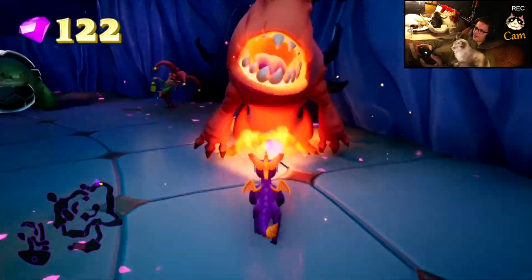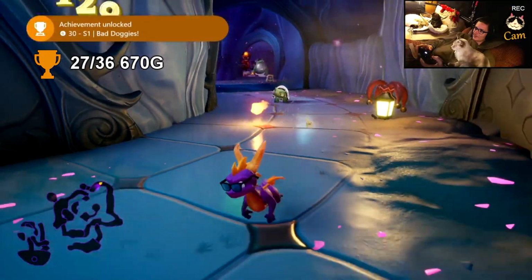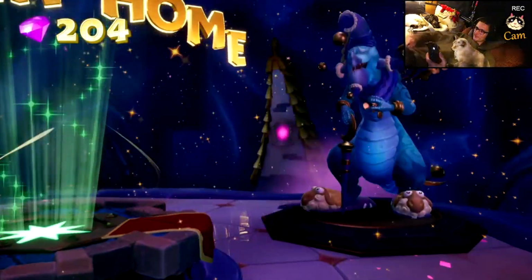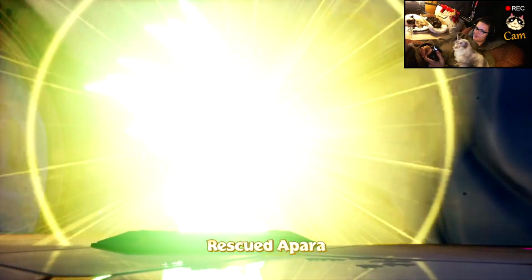and right behind him we're able to get our next achievement, which is just flaming 3 of the demon dogs while they're in their large form. Near the level exit is Bakari, and then we go and rescue Apara,